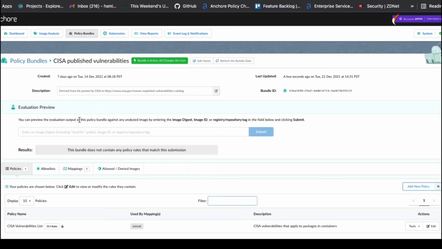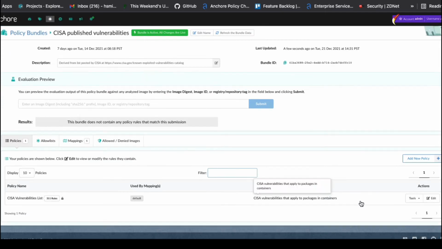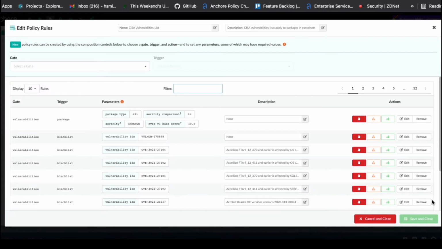So we make this bundle open and public for all users of Anchore, whether it be open source or enterprise. And it is the CISA published vulnerabilities list. So these are vulnerabilities that are known to CISA to be actively exploited. So this list was actually released about 3 or 4 weeks ago. And so it's very timely that they started to maintain an artifact like this, and very useful for our customers because now we can quickly run that update, gather the CVEs that are